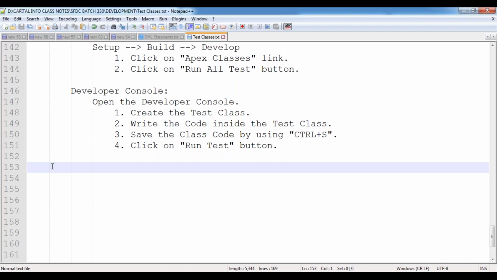So in the last session, we have discussed the test classes, and what exactly a test class is, what is the use, why should we go for test classes, how to prepare the test classes in our Apex programming, and for what components we need to prepare the test classes,